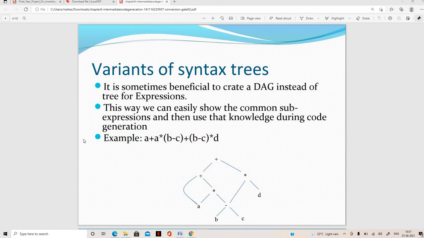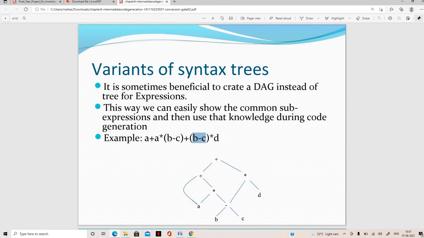For example, assume we have the expression a plus a star b minus c plus b minus c star d. When you observe here, b minus c is the common expression. Now we'll discuss how we define common expressions.